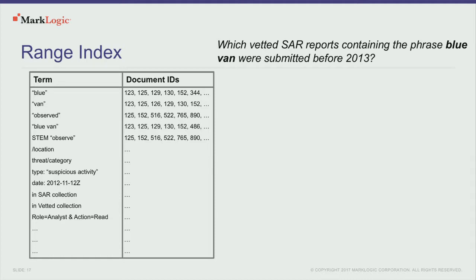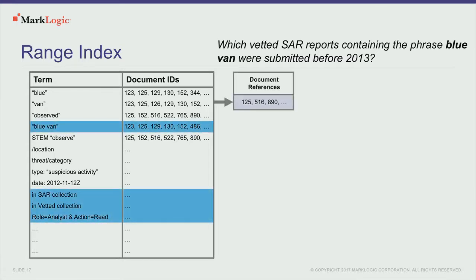So now, what if we wanted to do that same query, but we wanted to limit it by those reports that were submitted before 2013? So of course we have that information that we looked up earlier in our term list before. But you'll see that before 2013 is a difficult question to answer in this index itself. To do that, I would really have to go through all of the documents and see which ones are before 2013. We don't want to do that.